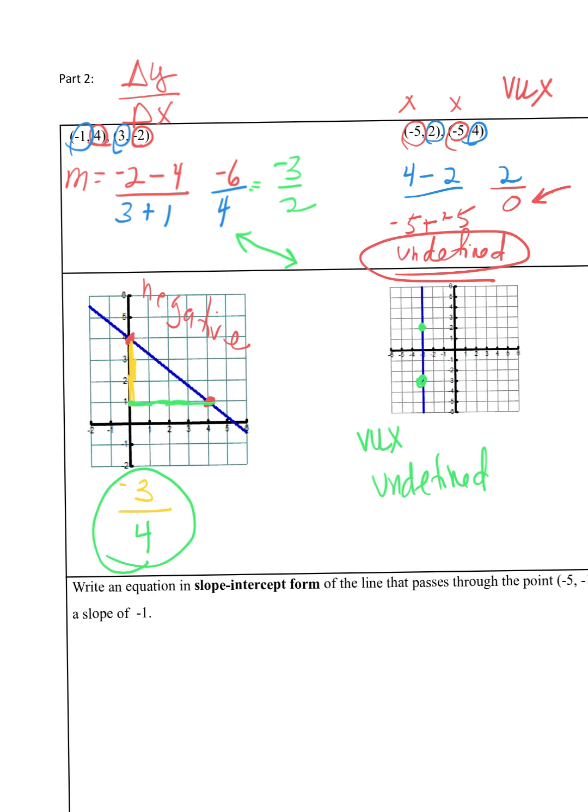If I wanted to write an ordered pair for this point, it would be the point -3, 2. This point would be the point -3, -3. If I then wanted to just figure out the slope between those 2 points, I can see that to move from one point to the other, I am going to